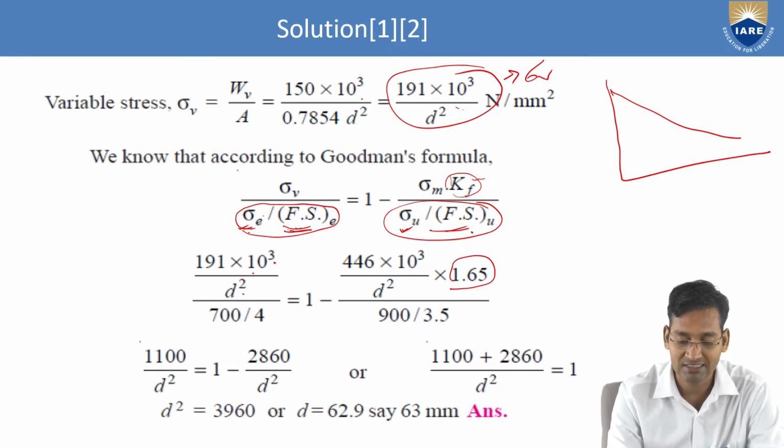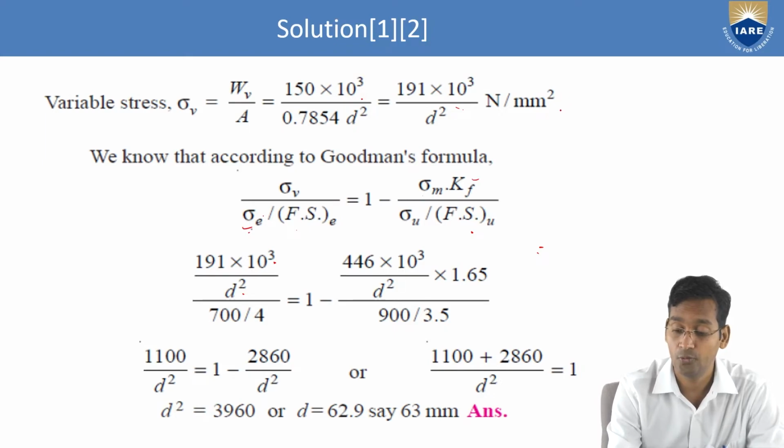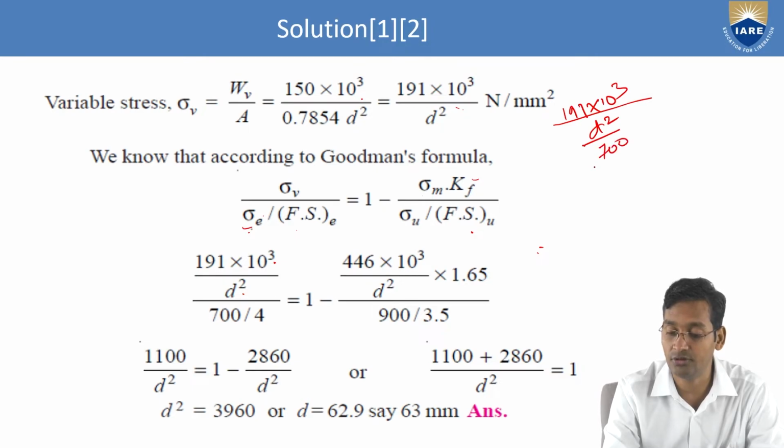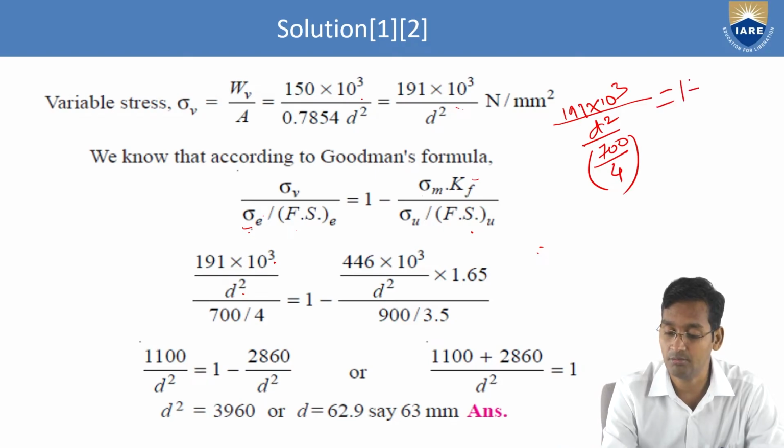Now what we will do? So this will go up, right? So now I'm just solving this one. So 190 of it. Now what we have? 191 into 10 to the power 3 divided by d square, and this I'm writing simply, then it will be easier to understand, by 4, because with this we have to divide, which is equal to 1 minus 446 into 10 to the power 3 divided by d square divided by 900 divided by 3.5 for this one, and